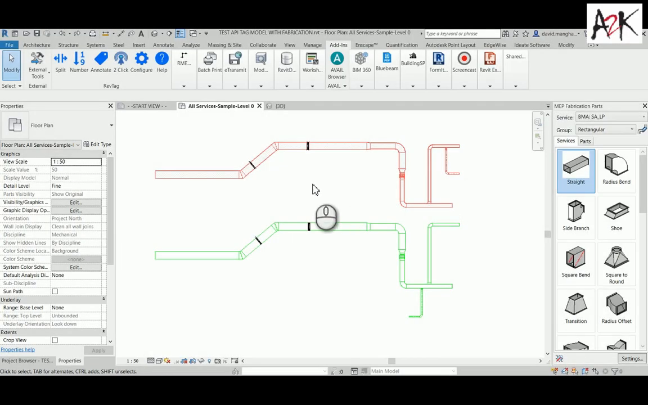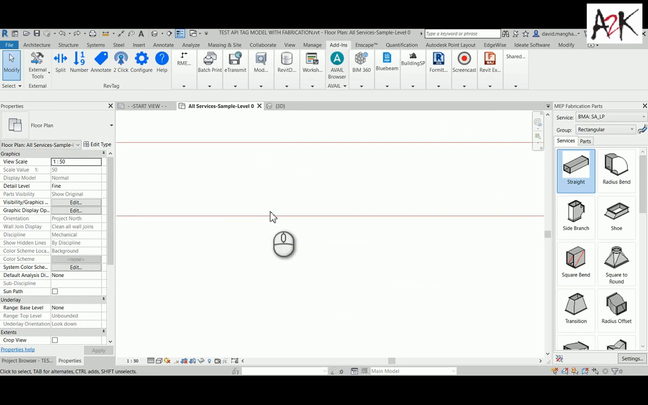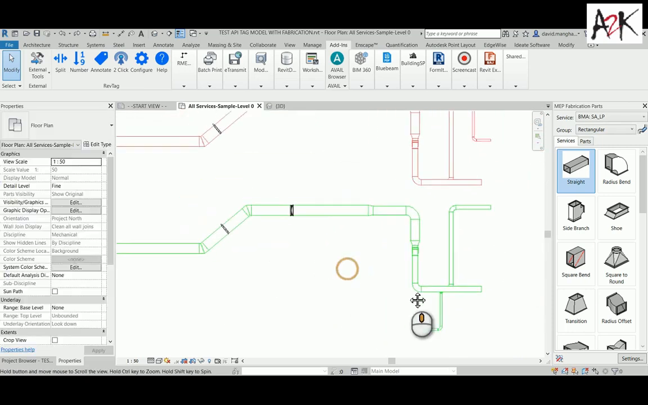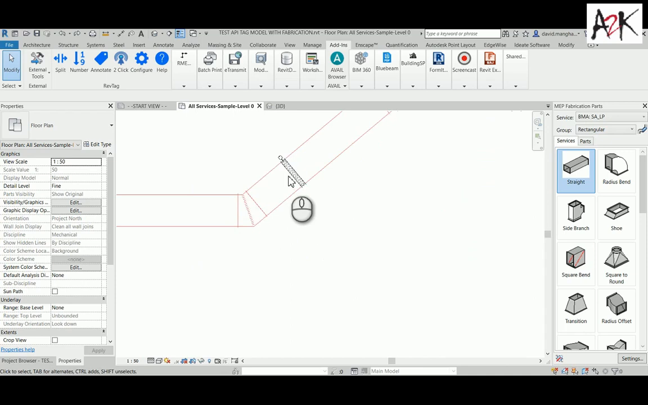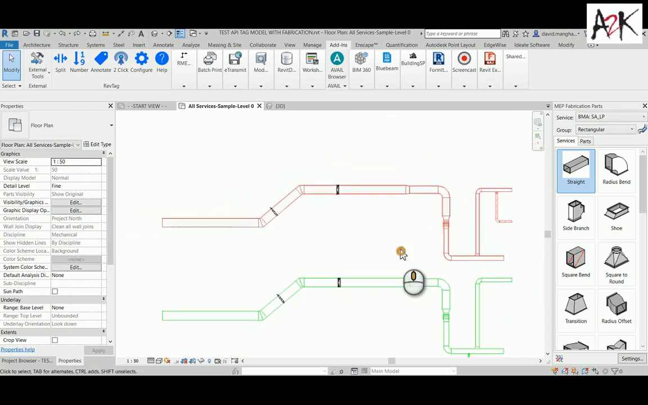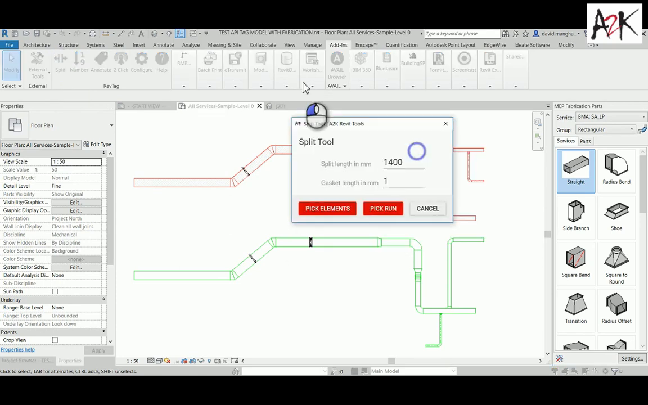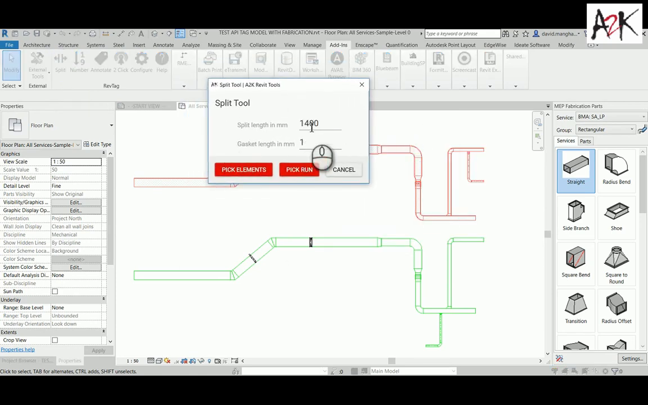I'm just going to run quickly through the A2K RevTAG split functionality. So I've got a couple of runs of ductwork modelled here, one with some internal lining and one which is just bare ductwork. Got a couple of bits of equipment in the run, and yeah, let's just see where we go with this. So the split functionality is we activate the split tool, and we've got an option in here